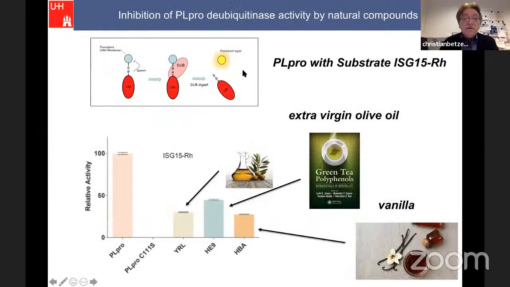Here is our assay we are using to prove this, and we performed antiviral assays also. You will see here the 3 compounds suppressing substantially; this is a mutant, non-active, 100% here. And interesting, just to make it simple, this compound is also found in green tea, olive oil, and vanilla. So they are natural compounds. They have had many applications for many years.